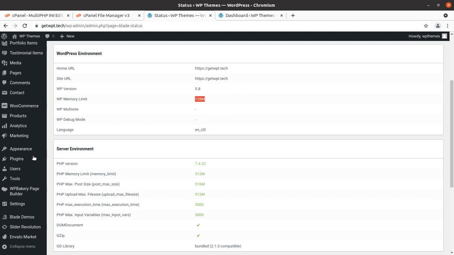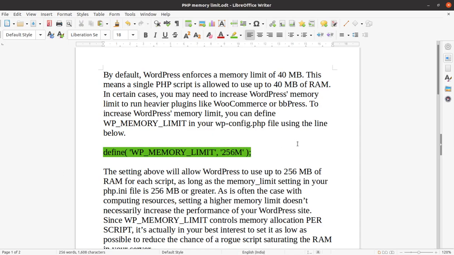I have a ready article with me for this purpose. As you might know, WordPress enforces a memory limit of 40 MB by default, but in certain cases, if we are using WooCommerce and bbPress, things which require heavy memory, we need to increase the WP memory limit.